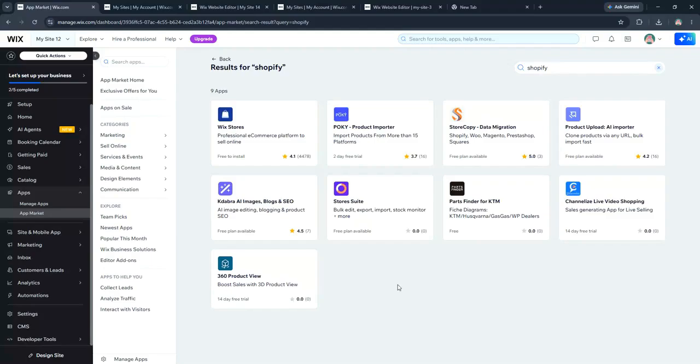Then, head back to your Wix editor. Here, you can drag and drop the Shopify element onto any page on your site. This is how you can showcase your Shopify store directly on your Wix site. Make sure to preview your site to see how it looks, and make any necessary adjustments to the layout or design. This integration lets you enjoy the best of both platforms, allowing you to use Wix's design capabilities with Shopify's